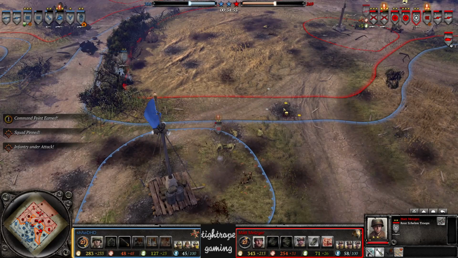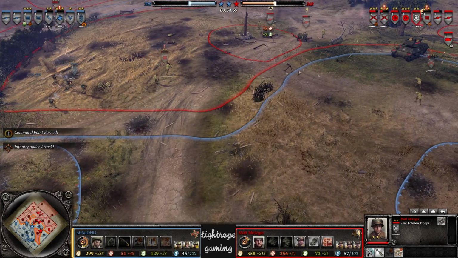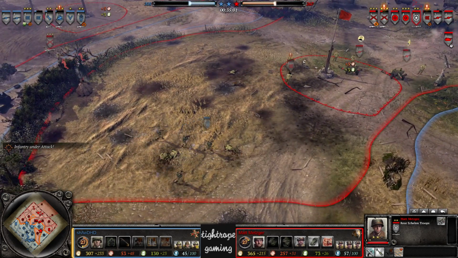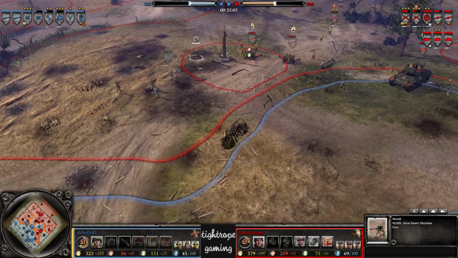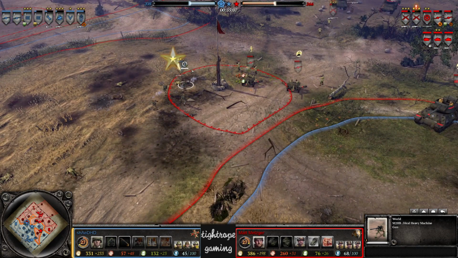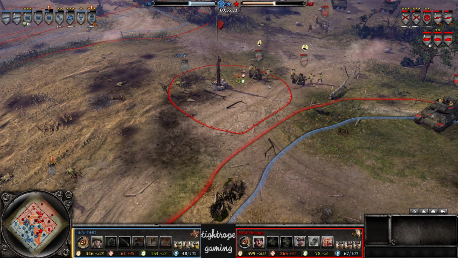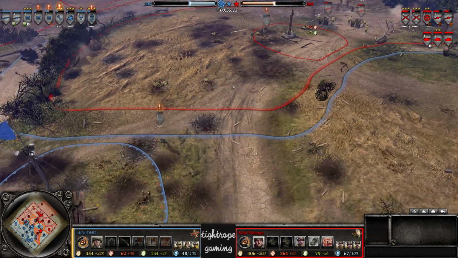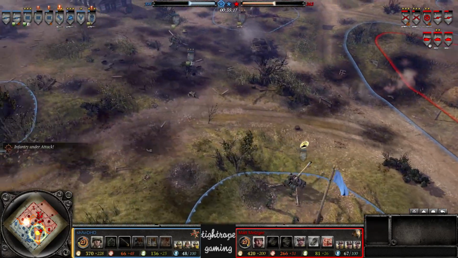And yeah, the Jaeger command squad's pretty good, but not quite strong enough to beat double BAR riflemen. Cal goes down. Uh-oh, I think that was Vet 3, wasn't it? And goes for the steal with the Panzer Grenadiers too. So Matt gifting away 2 machine guns here. We're losing